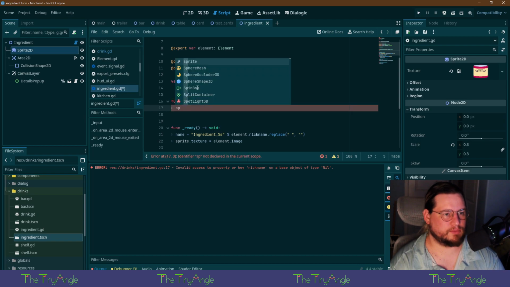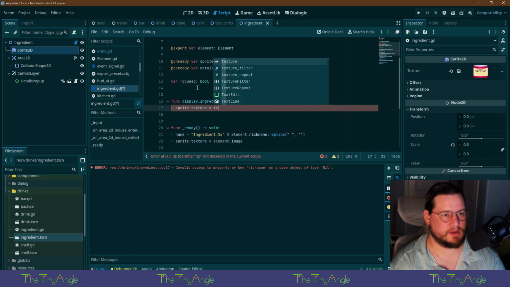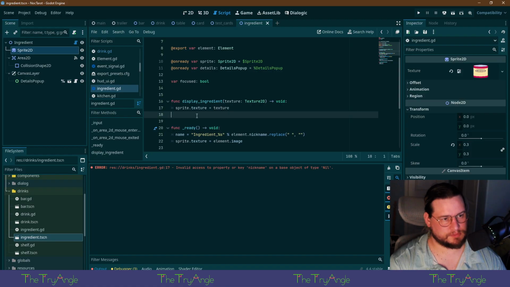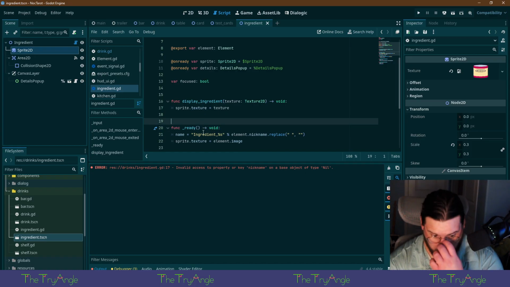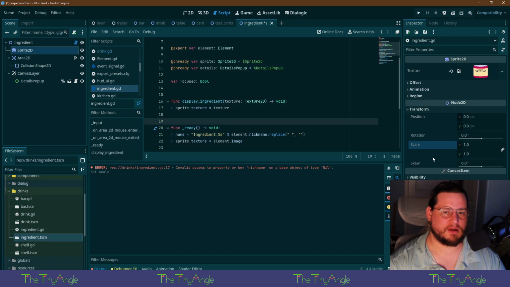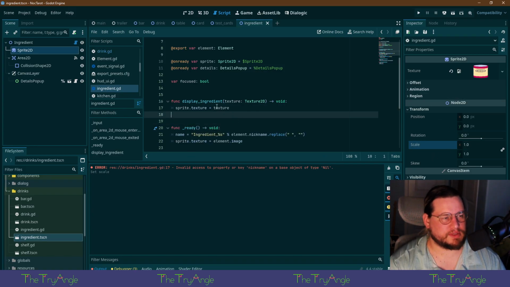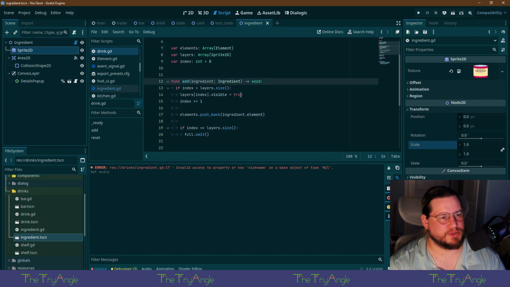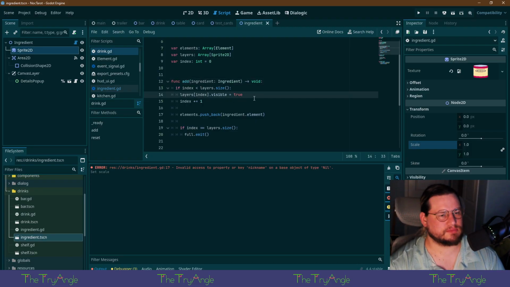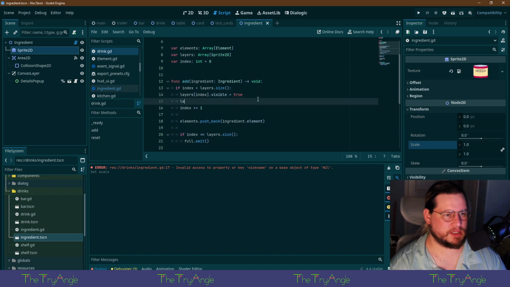Okay, and we'll say the Sprite texture is equal to this texture. I don't know if we want the scale to be modified. We'll have to look and see how it holds up. Okay. Let's see here. Layers. Index.